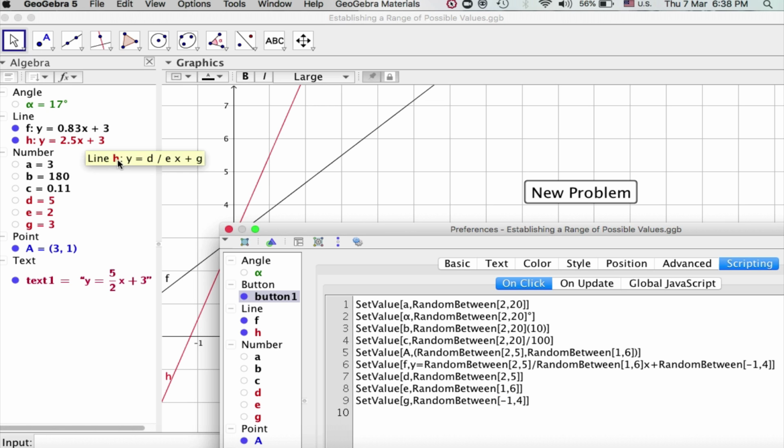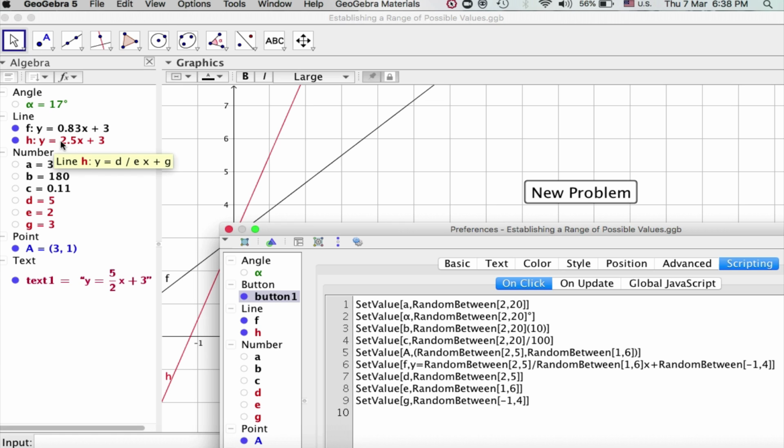It divides it, like that. So that's one way to do it. Sometimes though, you aren't going to want to put all that. You might just want to do the random betweens first, like I did here. So I did random between 2, 5, random between 1, 6, and random between -1, 4. I did those three, and then I created